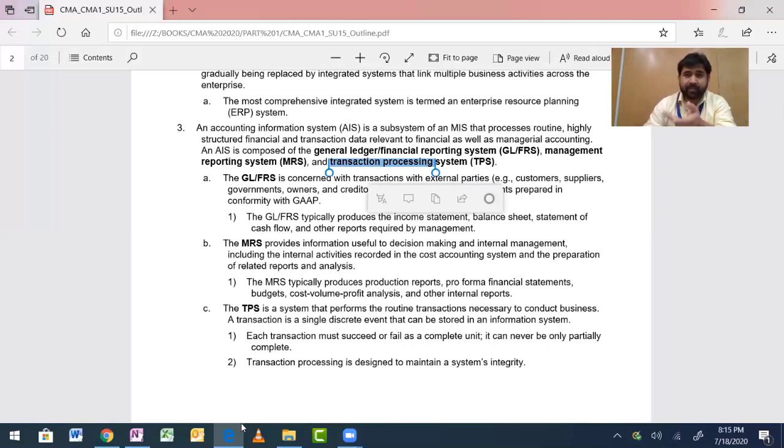For example, again I can give you the example of Tally. If you're paying somebody, there is already a button which shows payment. You click there, it opens up, and you just write how much money and to whom. Now the system will understand what has happened and create the journal entry, like so-and-so account debit to cash, and then the relevant ledger and trial balance will be done accordingly. That is your transaction processing system.